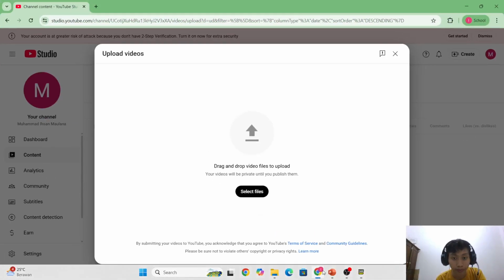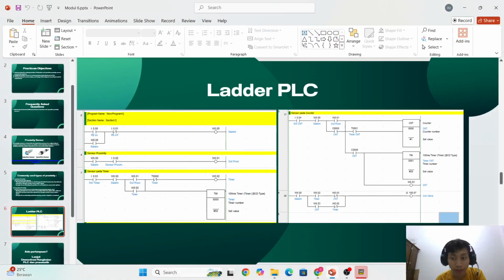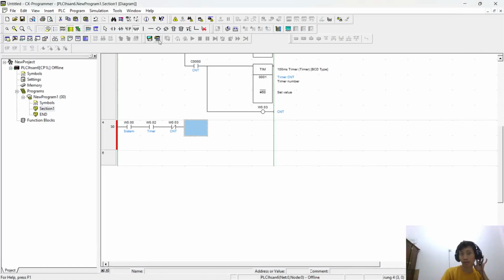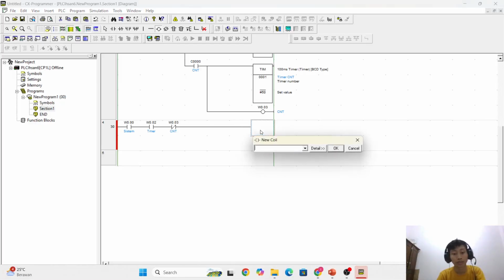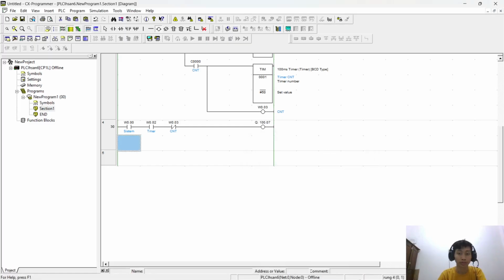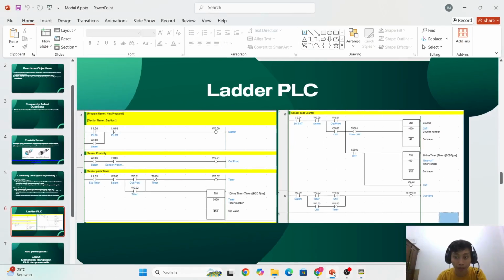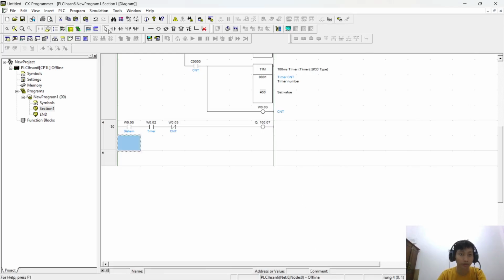Okay, and I will make the out of the valve and make it to coil. Press it 100.07. Wait, the comment is off valve. Sorry.